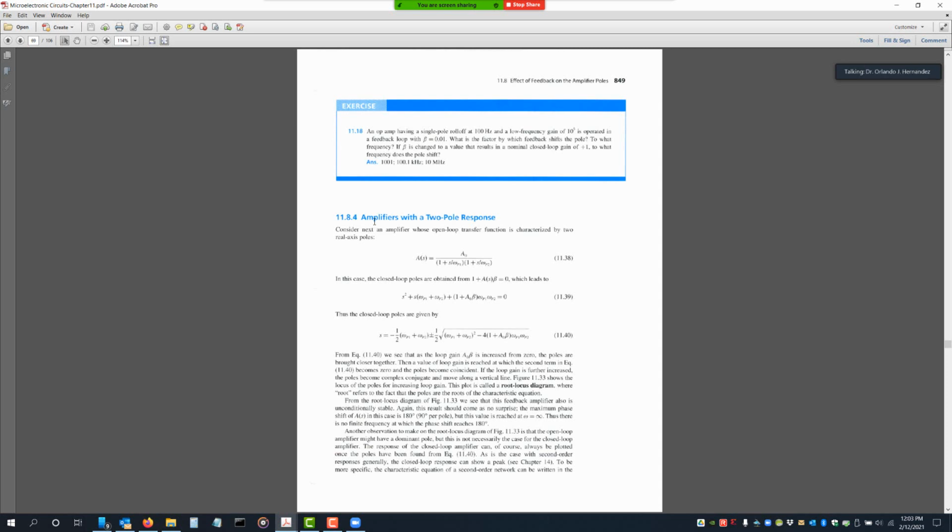And yes, realistic amplifiers can have more than 1 pole, but in that case we say we have 1 dominant pole, and then we can use techniques of frequency compensation to diminish the impact of one pole. So if we have more than one, we still have 1 dominant one,